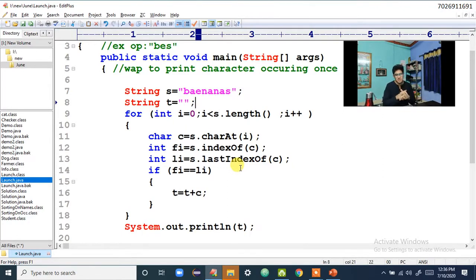Now let's go for another question. Write a program to remove duplicates, which means if I have bananas, the output should be BANS, because